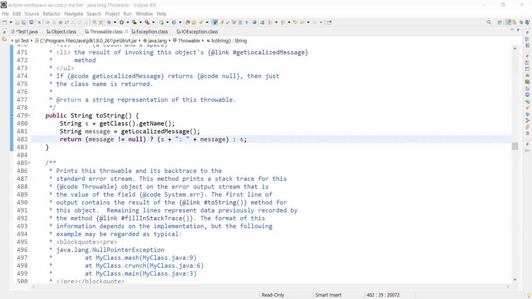Now we'll discuss the next thing. So you got the idea of how Java is using inheritance to write its API. Whatever classes are available in Java, they are also using inheritance in writing those classes, right?